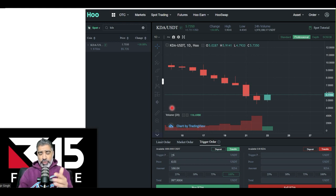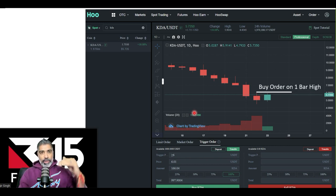And what we're looking to do, I've just zoomed in. The exchange functions are pretty similar. We are now looking for an entry point, and one of the aggressive entry points is where we're trying to get in right near the bottom, but also have a stop loss quite tight. We can use something called a 1-bar high entry. Now that we've got the weekly momentum, daily momentum, pattern, price, and time telling us we've got a potential reversal on our hands, we can say, right, if the price exceeds the previous 1-bar high,